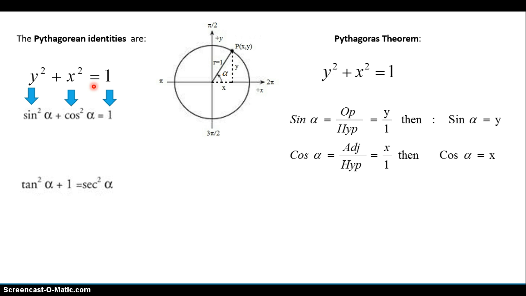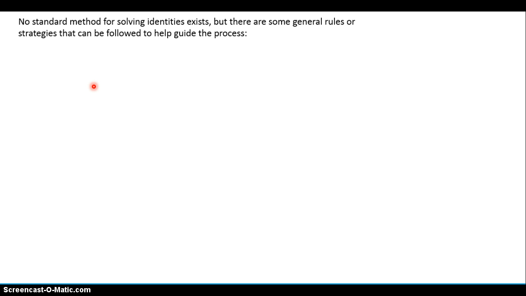Another Pythagorean identity is tangent squared of the angle plus 1 equals secant squared. We can do exactly the same, and we can check that this identity is true for all angles. And the next Pythagorean identity is cotangent squared of the angle plus 1 equals cosecant squared of the angle. Now, no standard method for solving identities exists, but there are some general rules or strategies that can